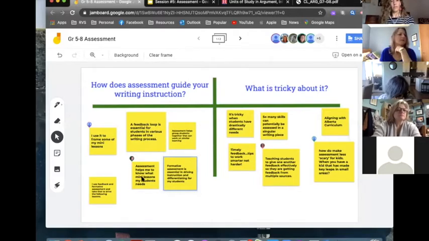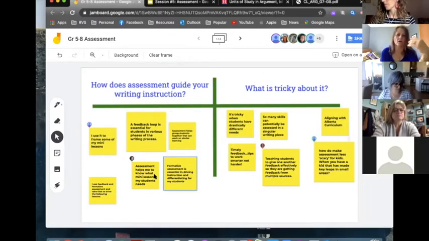Yeah, assessment helps to know what your students need for the mini lessons. Absolutely. So this is really responsive teaching, and that's good practice, to be able to respond to what our kids are needing, where our kids are at. And I think given our context going into September, that's going to be really, really important for teachers,